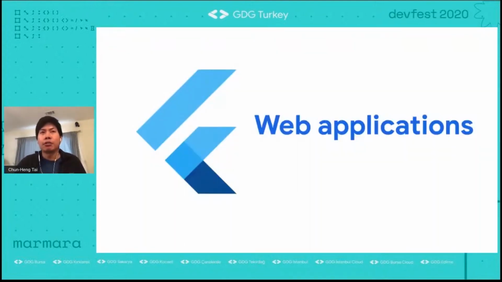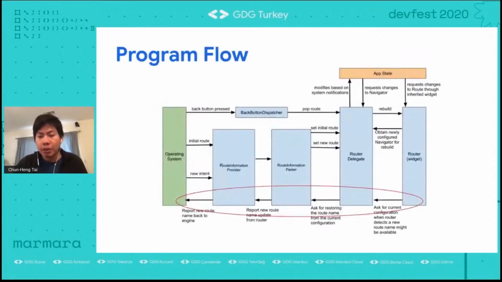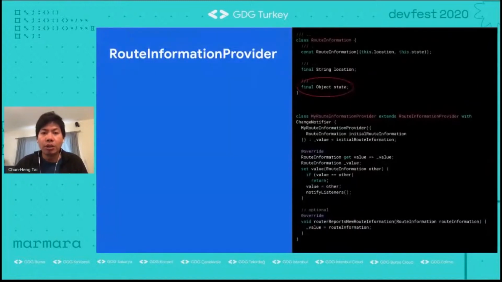So before we dive into the demo, I want to talk about web applications for a little bit. There's a backward flow that comes from a router that reports all the route information back to the operating system, but we never talked about how exactly the web handles this information. Also, there's a state object in the route information that we didn't talk about in the previous slides. So